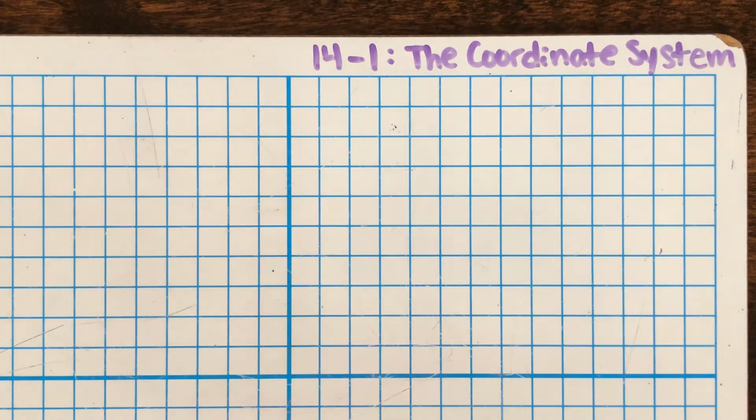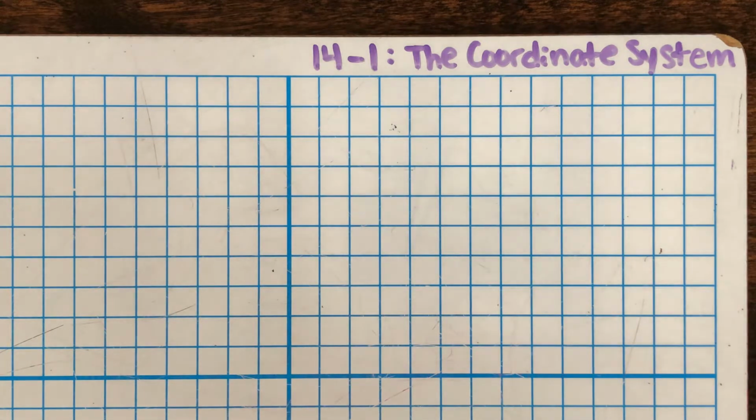Fifth graders. Today we are going to start a brand new topic, and it is all about the coordinate system. All right, so in order to begin this topic, we do need to go over some vocabulary words. Okay, so the coordinate system is basically a grid, and you can plot points on it. And you can also use it to find directions, and to find your way, and to kind of keep yourself organized. So basically the coordinate system consists